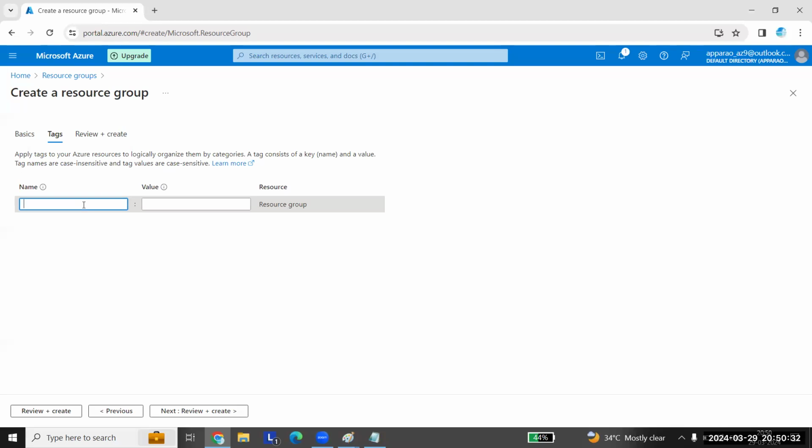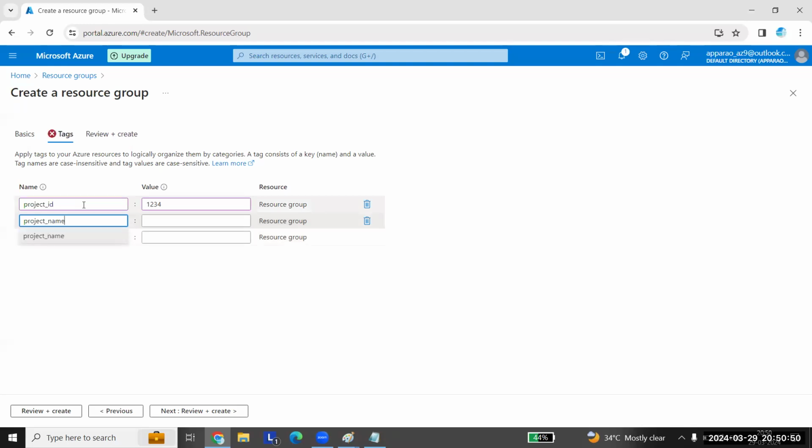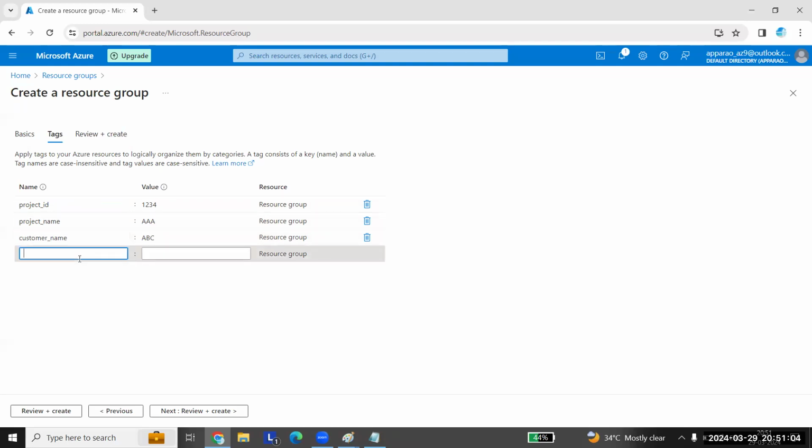Those tags would be used to find out the billing of the resources. I'll tell you later. So I'll give project ID 1, 2, 3, 4, project name, customer name, some ABC, like this I'm giving here.